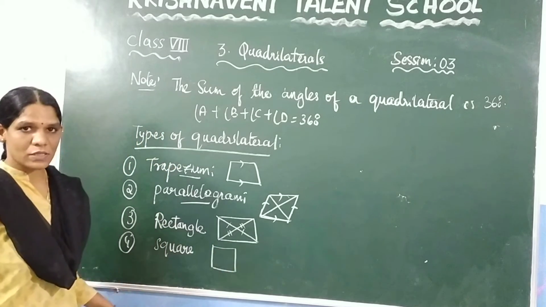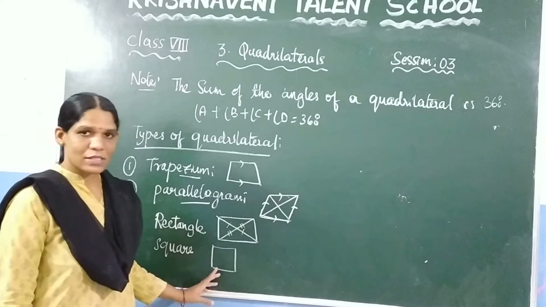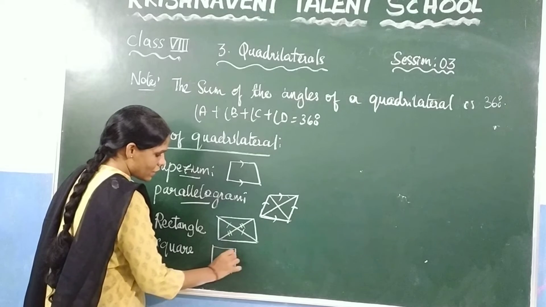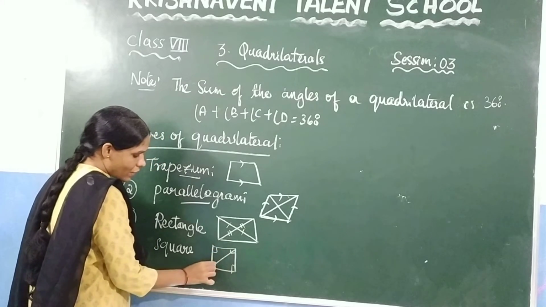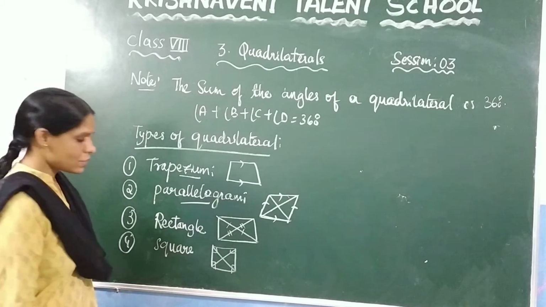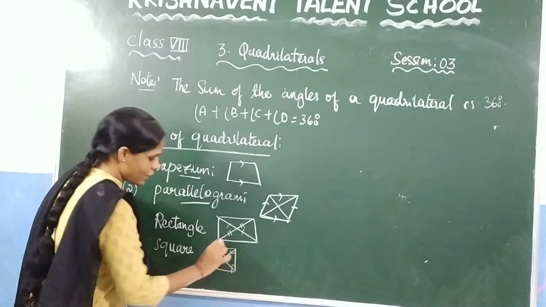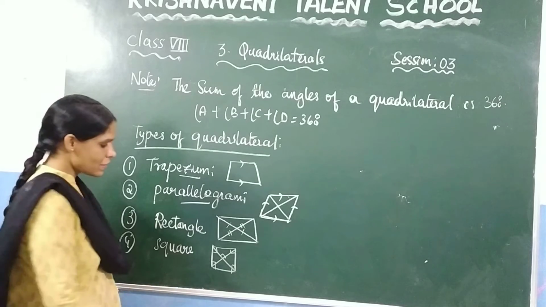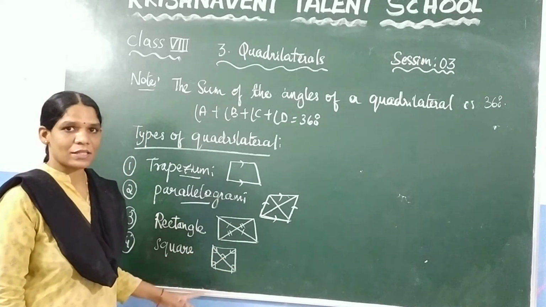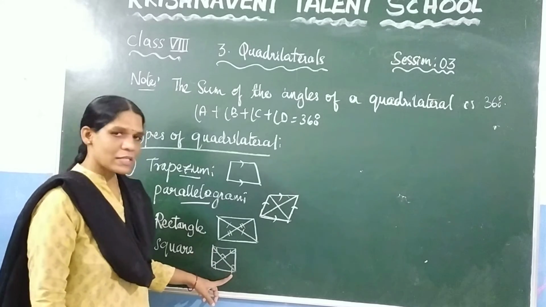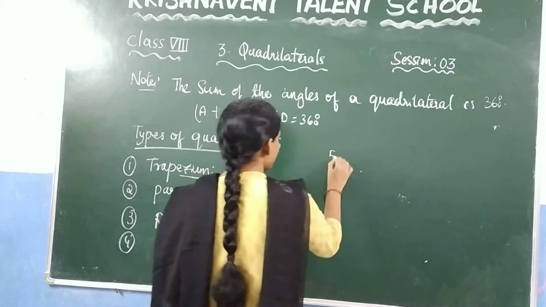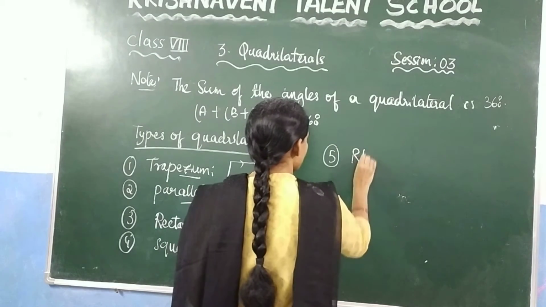And what are the properties we discussed? In a square, all sides are equal, and similarly in a square, all angles are equal and equal to 90 degrees. And in a square, the diagonals are also equal, and the diagonals bisect, and the diagonals bisect perpendicularly. Here the angle is 90 degrees, and the length of this segment is equal to the length of this segment. That means bisecting is nothing but dividing this line segment into two equal parts. And after that we have discussed the rhombus.